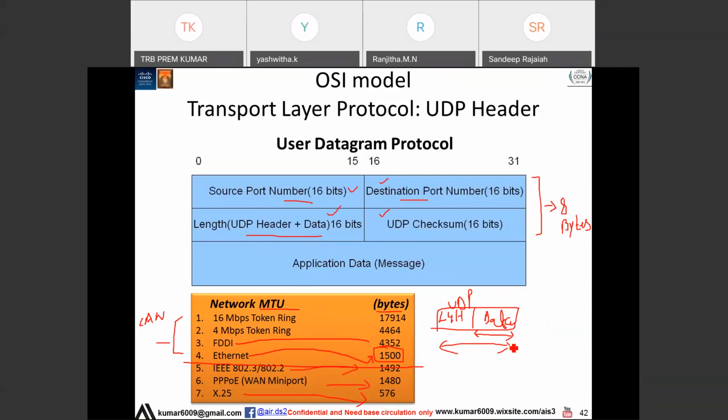There, we cannot wait every time for acknowledgement. So that time we use UDP. UDP is basically used for real-time applications, where we need to send data continuously, where we cannot wait for acknowledgement. Then the communication will not happen.